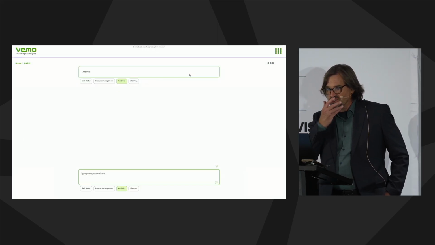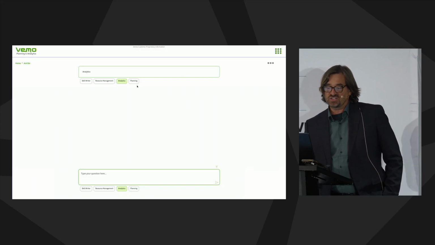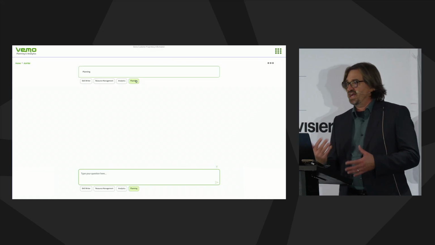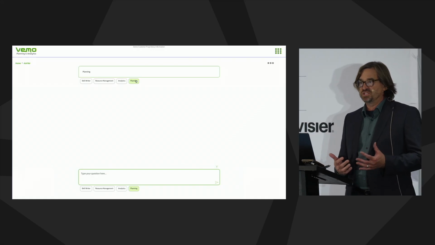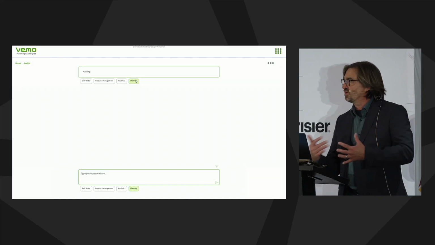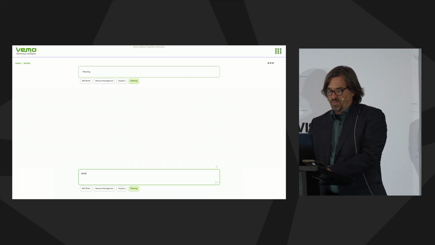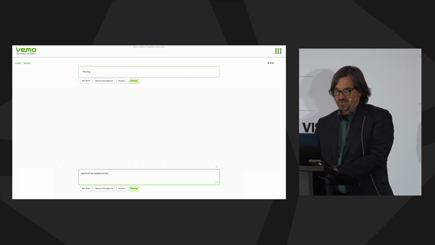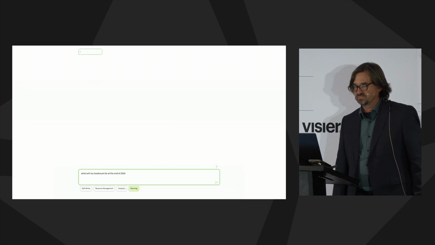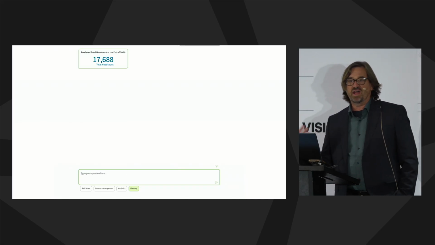This is our Ask Ray module. It allows you to ask questions around both analytics and planning in a natural language format. Our approach to AI has been very practical. We're using it to generate all the queries that run in our system, protected within the security. It'll help answer questions. So you can say, what will my headcount be? Thinking. So this then is the predicted total headcount at the end of the year.